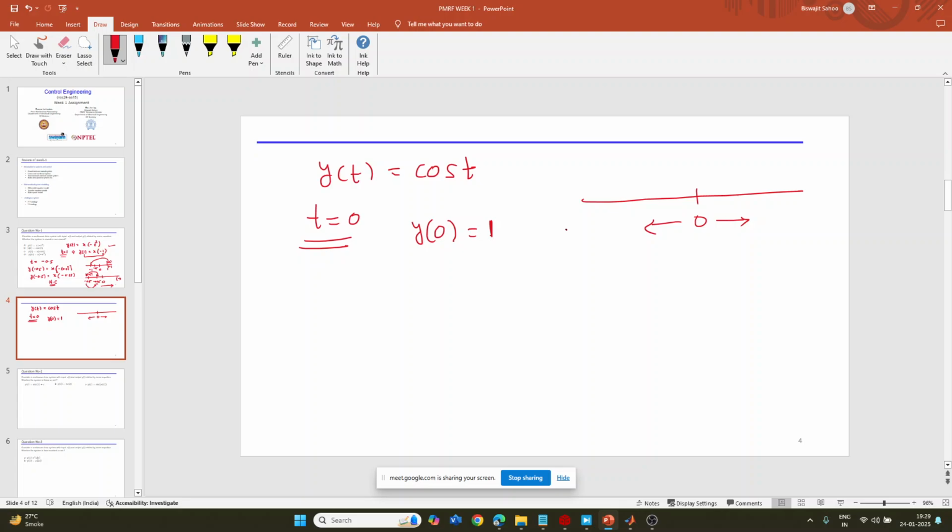I think I missed out something, because there is no relation between the input and output. I forgot x. So y of t equal to x of cos of t. This cos t is inside your function x. Now you tell me what is the answer. If you put t equal to 0, what is the value? 1. X of 1. So y of 0 is depending on the future value of input. That's why the system is non-causal. By looking at one point, I can say that if my system depends on the future value, the system is non-causal. Next, let's go to the third question.